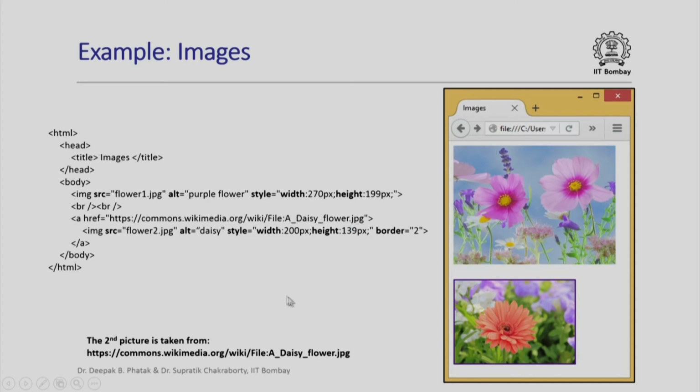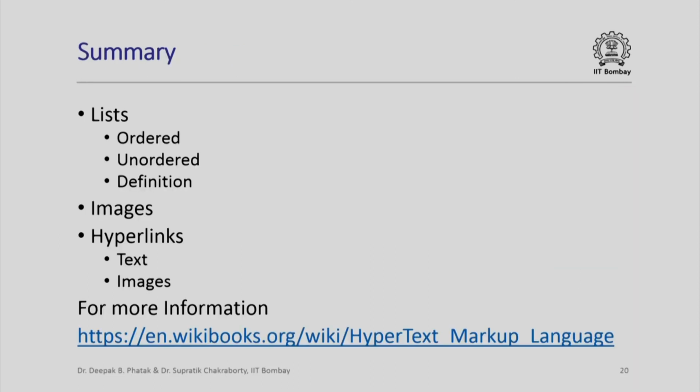You can see how such features can be combined to create beautiful and yet very properly organized text documents which can be linked to hundreds of meaningful pieces of information. In summary, in this session we have looked at lists, we have looked at images and we have looked at hyperlinks. But let me conclude this final session on markup languages by saying that there is far more to markup languages than what this introduction gives you.